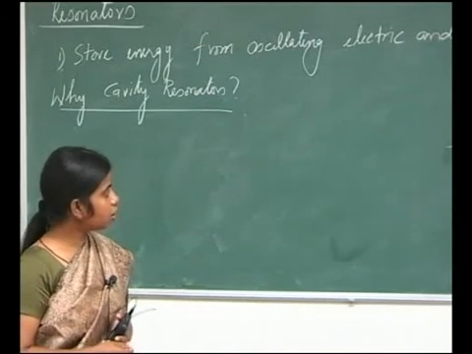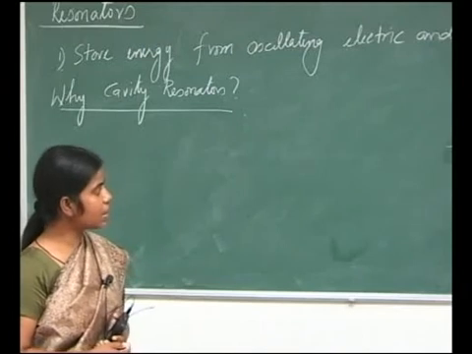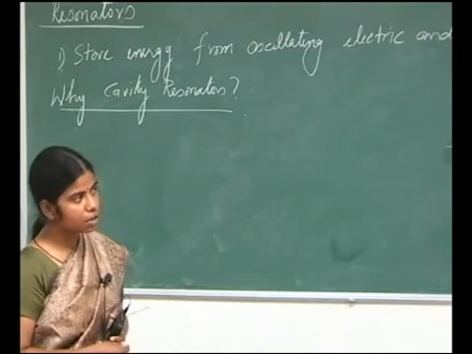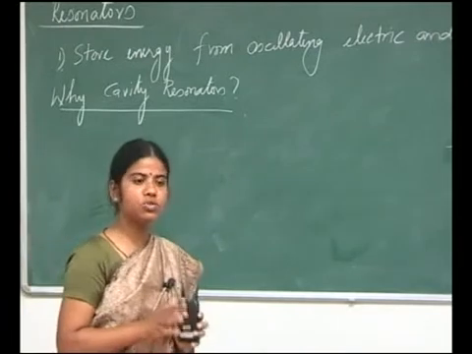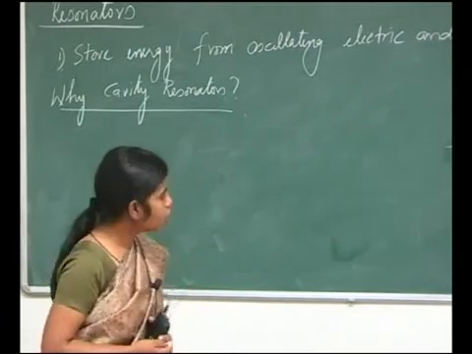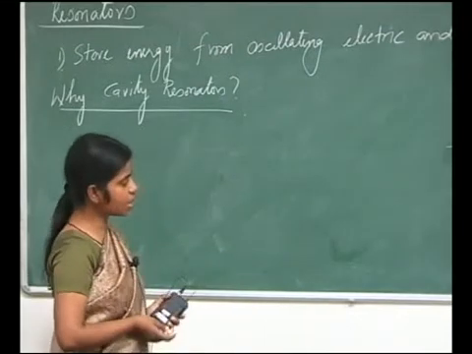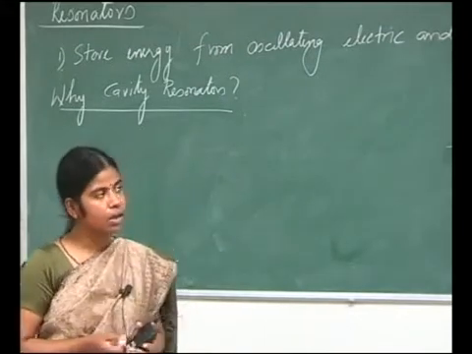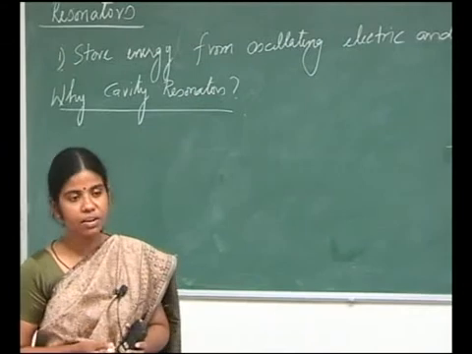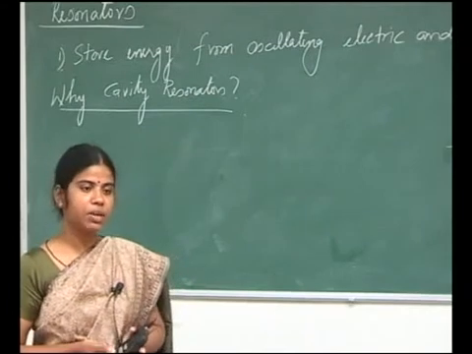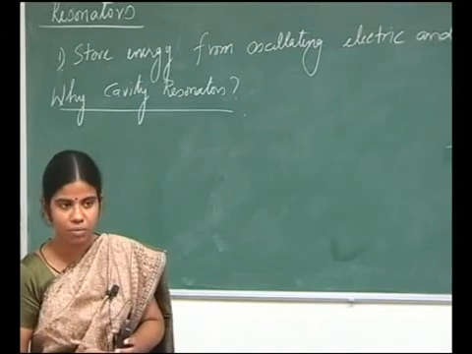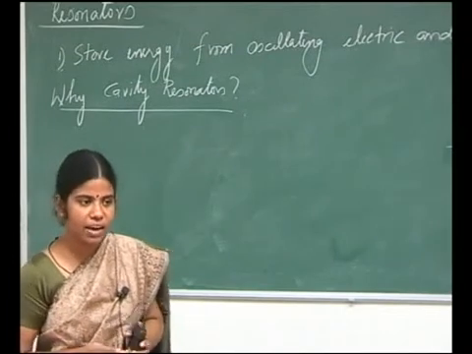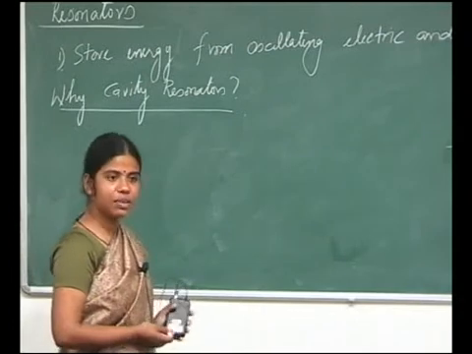No, see, it is like this. L should be greater than lambda. That's right. It should be comparable to the size of the wavelength. So what I mean to say here is I cannot find an inductor which is less than 1 millimeter, because at 5 gigahertz I am almost at 0.6 mm. So I cannot find an inductor which is less than a millimeter.